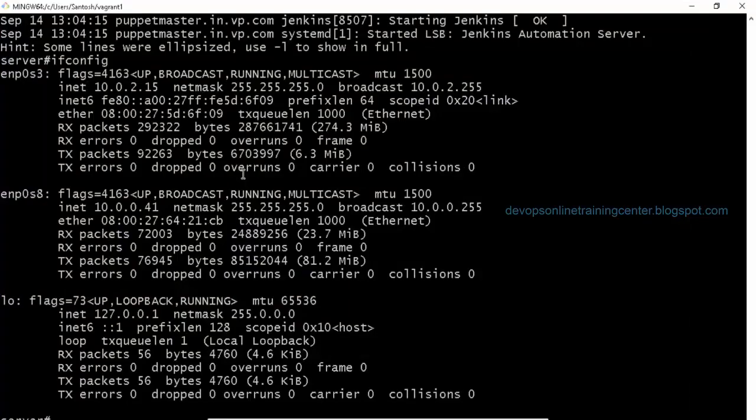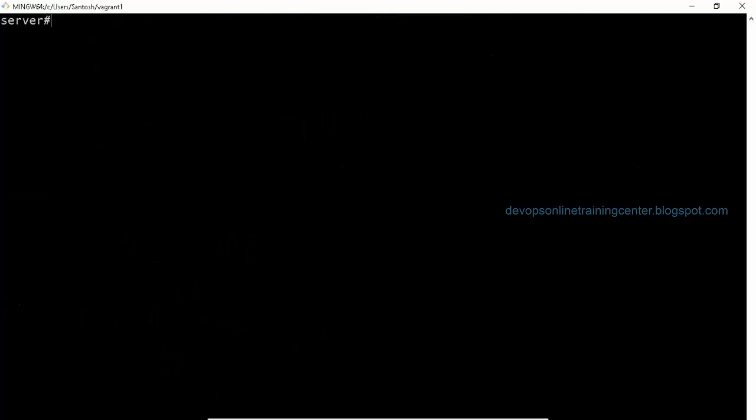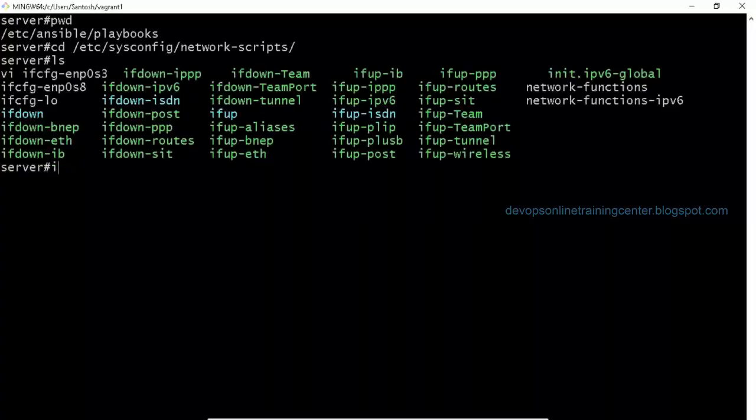Not the host level, not here. Yeah, here also you can set it, but because of DHCP, I don't think it works. Maybe you need to change that as well. In /etc/sysconfig/network-scripts, there is a file called ifcfg and the adapter name, which we need to change with the name of the adapter.